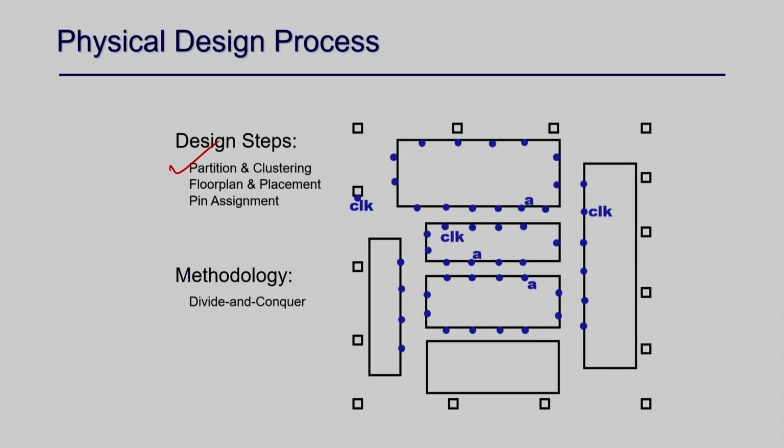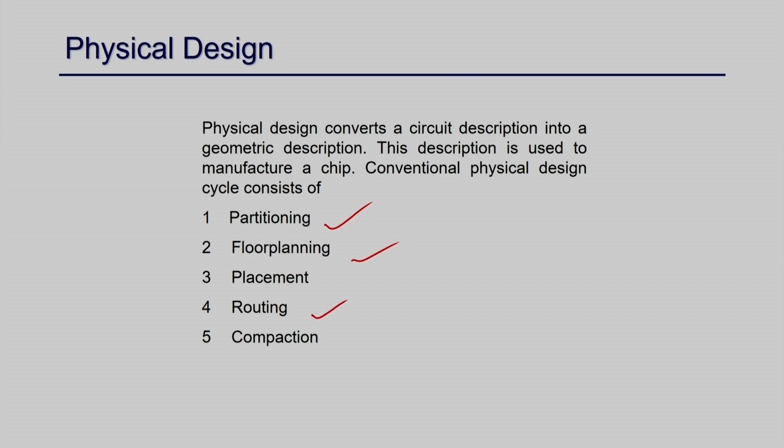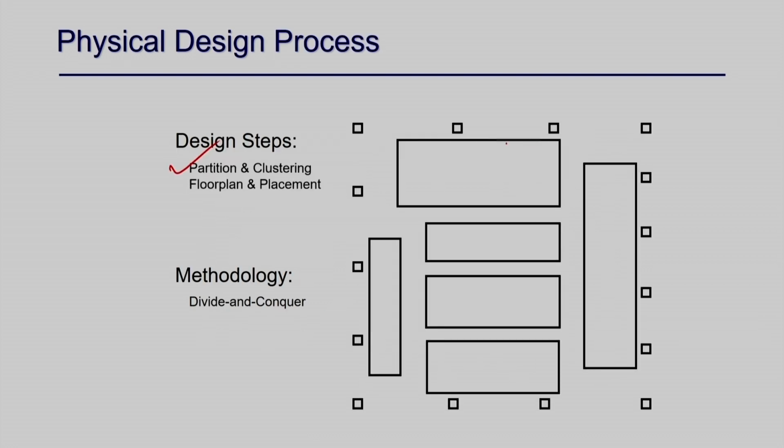And then there is floor planning and placement. When you have each component, it also has to be placed in your area. So this is what is called floor planning and placement, which I am going to talk about in detail. Basically you plan your floor. First of all, if you have say 10 components, how should you place them? This can be placed this way or this can be placed this way also.